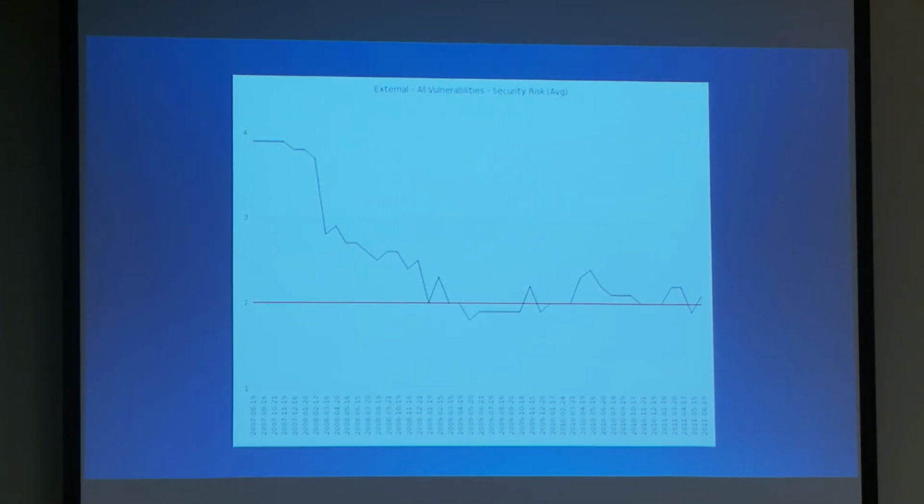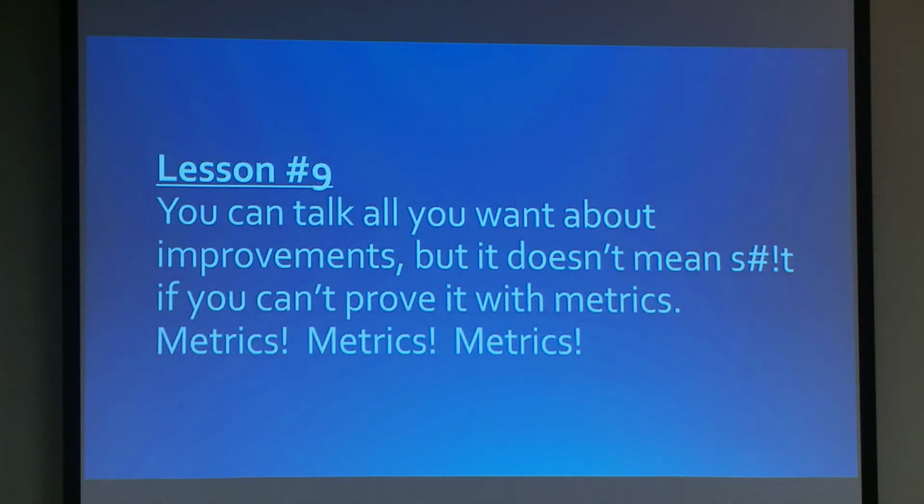So you can see over the months, little by little, at one point I got a system retired that had an old version of Apache and an old version of PHP on it. Got rid of that guy, huge drop there, and you can see we got down to that goal. Then every once in a while we'd put new systems on and it would spike back up, and I'd figure out a fix and we'd get back to that place. Now really the lesson here is, you can talk about security all you want. You can talk about improvements, but it really doesn't mean shit if you can't back it up with metrics, right?